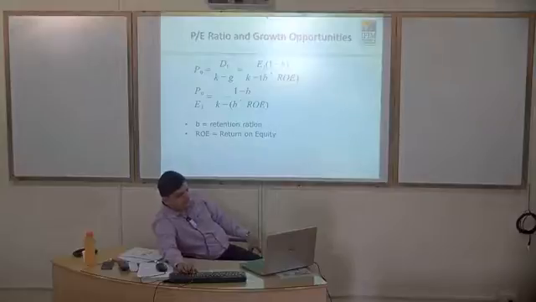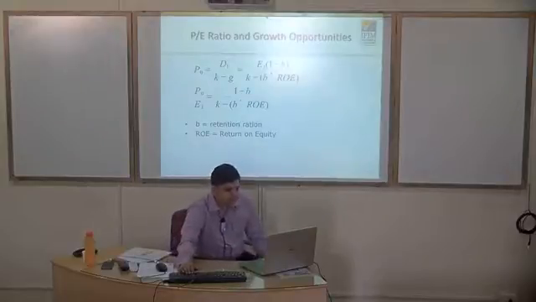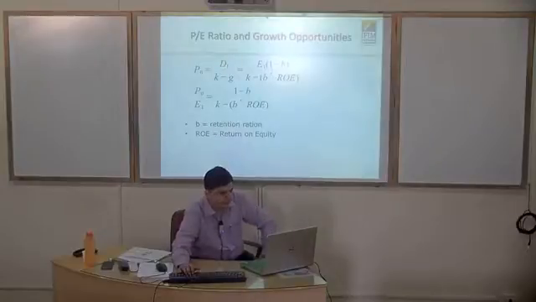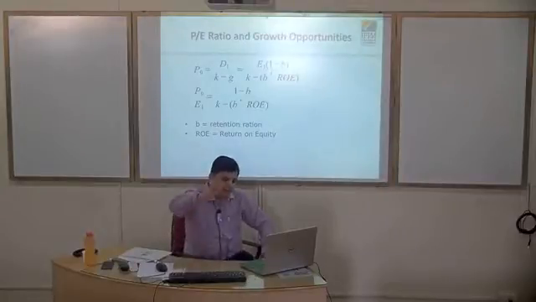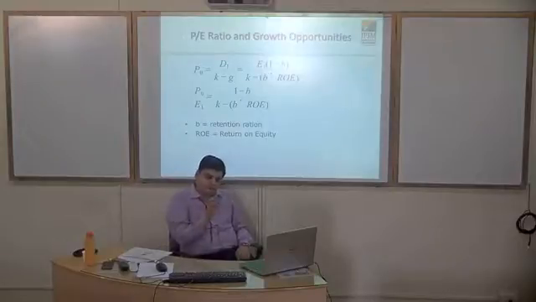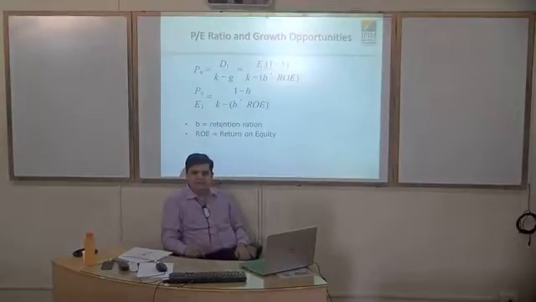So D1 divided by K minus G equals E1 into (1 minus B) divided by K minus B into ROE. So that's the formula that we look at. PE ratio is (1 minus B) divided by K minus B into ROE. If you actually get into ratio analysis, the way PE is looked at is in a slightly different way,